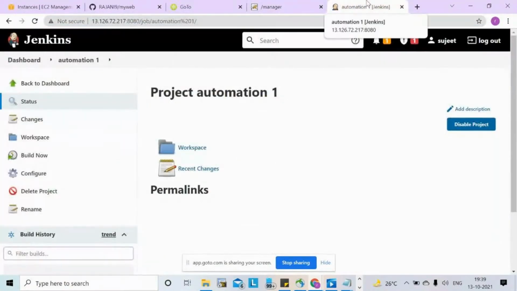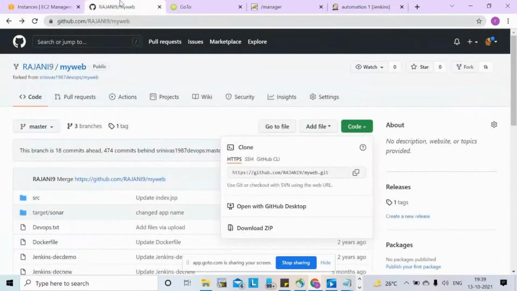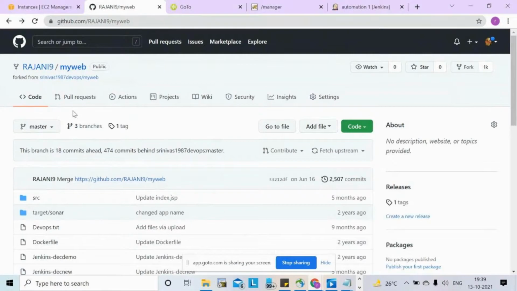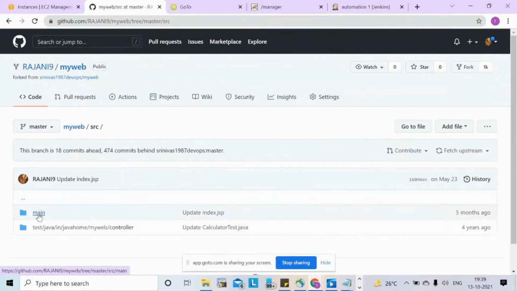I have called the code from the remote repository of GitHub. But in GitHub, where do you keep my web app, and how is the web app going to be deployed? In my web, src, main, that is webapp, Java, home, my web, controllers.